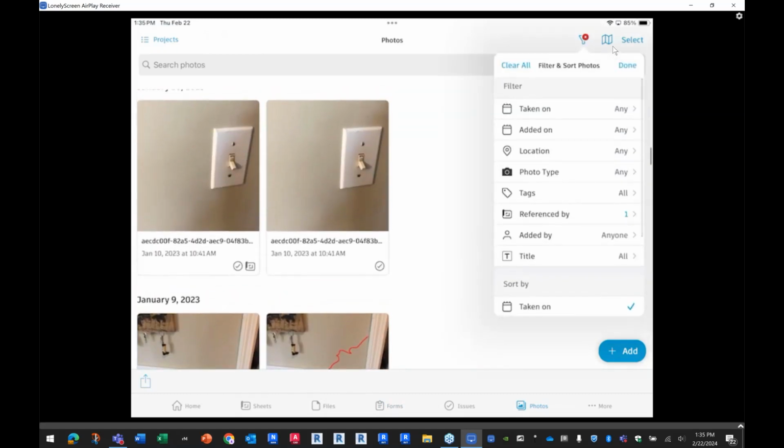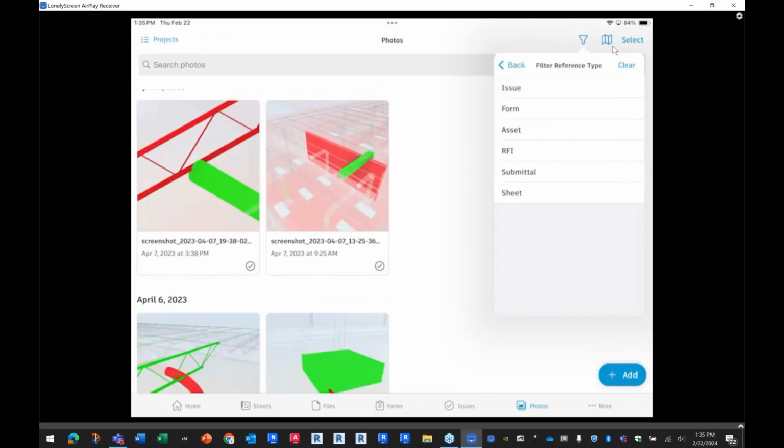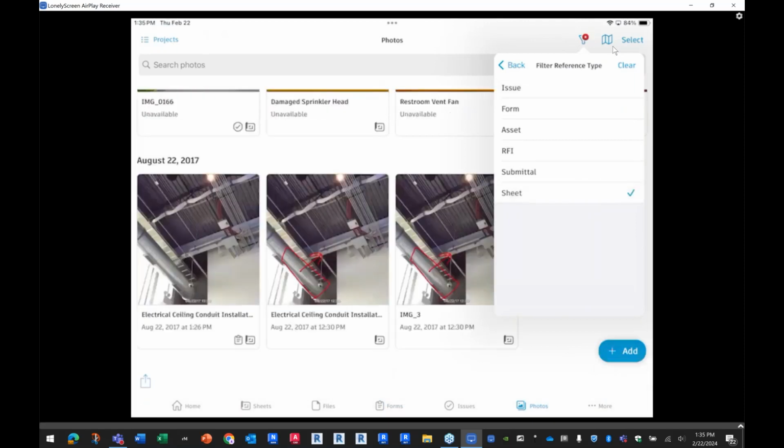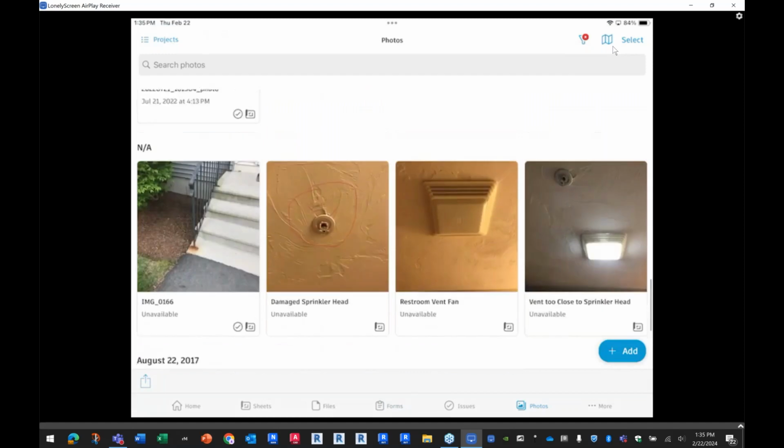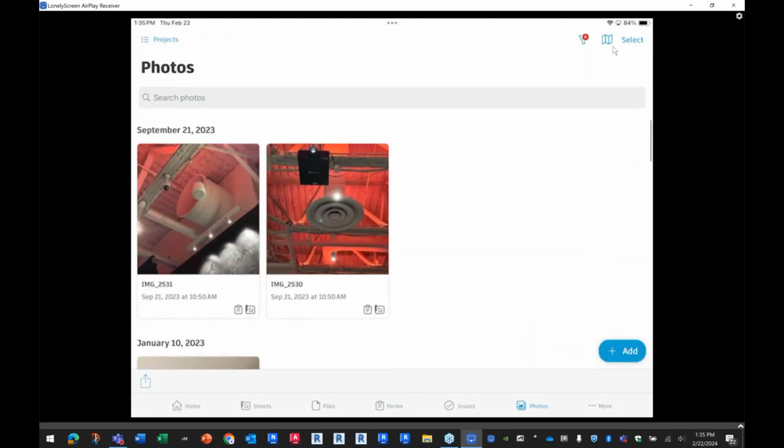Now instead I could say referenced by, and instead of issues, just show me photos that are on a sheet somewhere. So these would be all those camera icons. I added them to the sheets right here. That's what these are. So any one of these is related to a sheet where I just put the camera icon I wanted to document